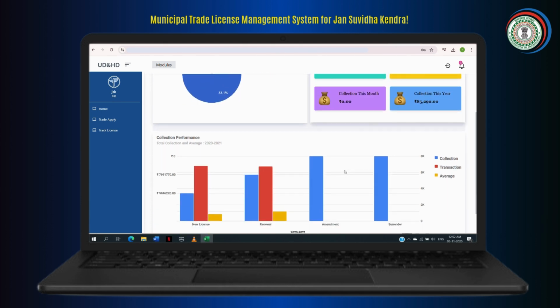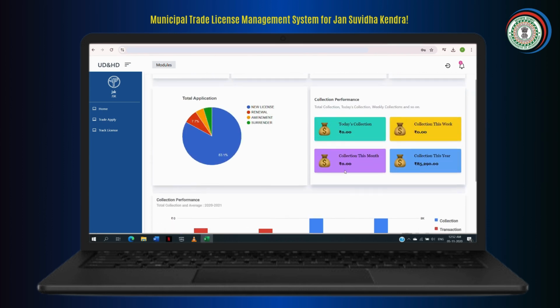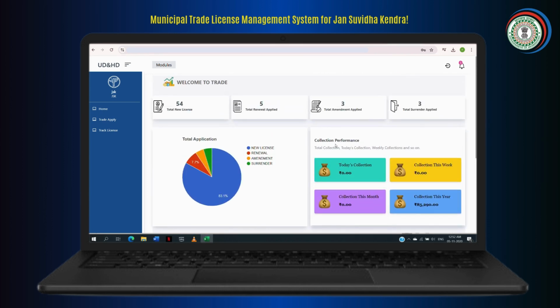Additionally, a chart is provided for user convenience to view the collection performance of new license, renewal, amendment, and surrender applications. To apply for a new license, proceed by selecting the Trade Apply option on the dashboard.